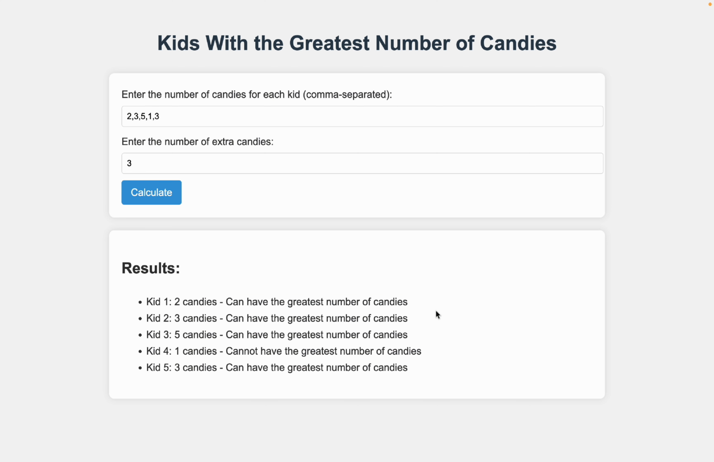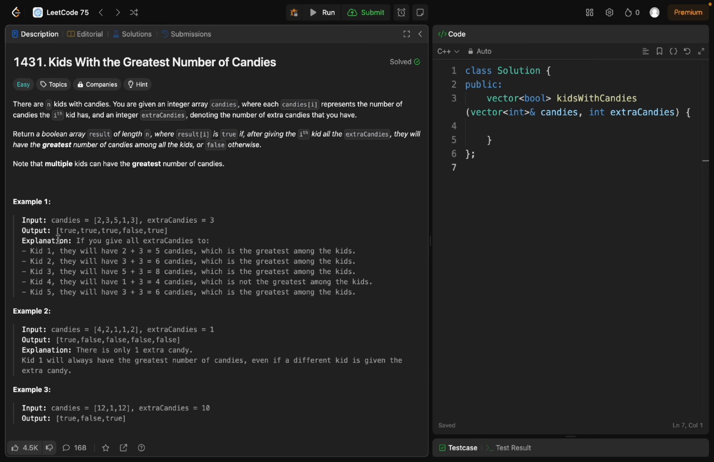So the first element of the output vector will be true. Kid 2 has 3 candies, and 3 plus 3 is 6, which is the largest element. So kid 2 can also have the greatest number of candies. And similarly, kid 4 has 1 candy, and 1 plus 3 is 4. So since 4 is less than 5, kid 4 cannot have the greatest number of candies and hence will output false. So the answer vector, the bool vector, should be true, true, true, false, and true,